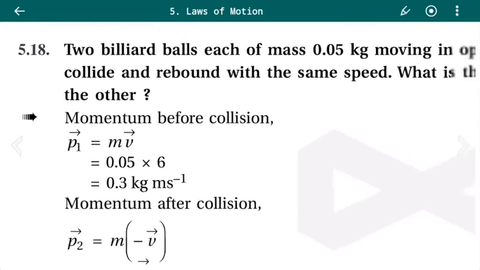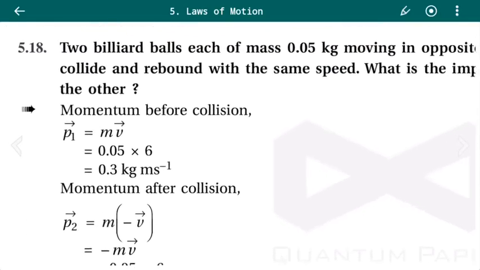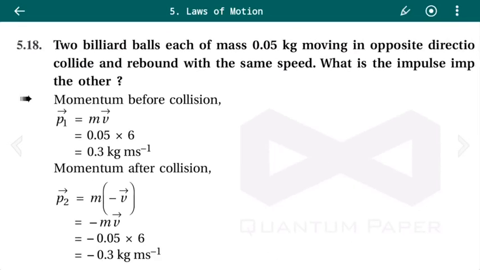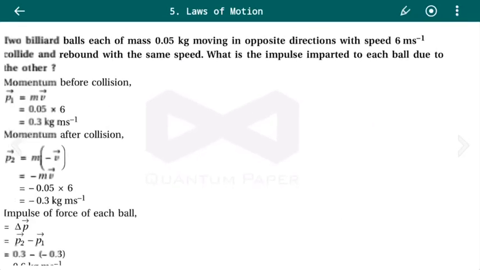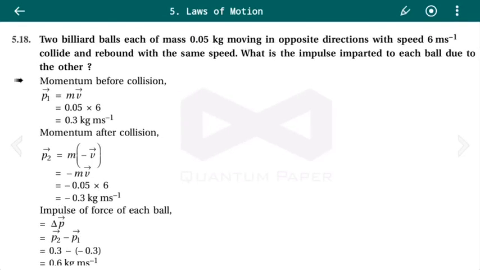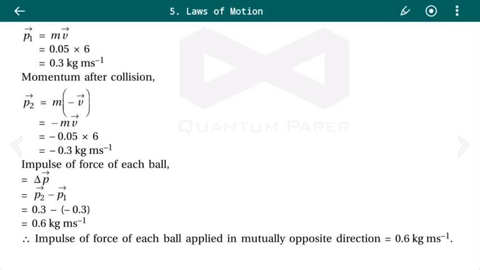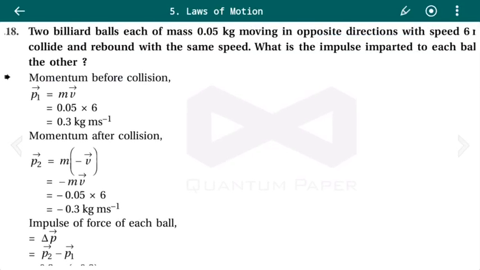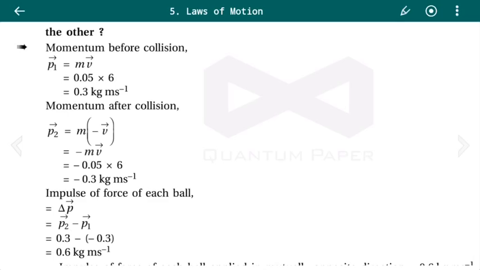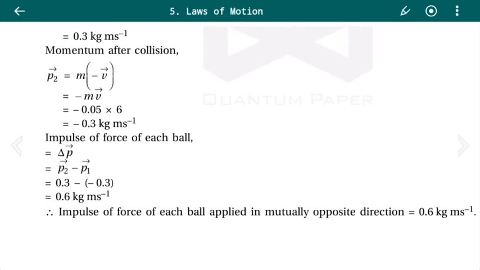Now putting the value of mass and velocity, we get 0.05 into 6, which equals 0.3 kg meter per second. Momentum after collision, here P2 equals m into minus v, because now it will be moving in the opposite direction, so it will be minus mv, which equals minus 0.05 into 6 equals minus 0.3